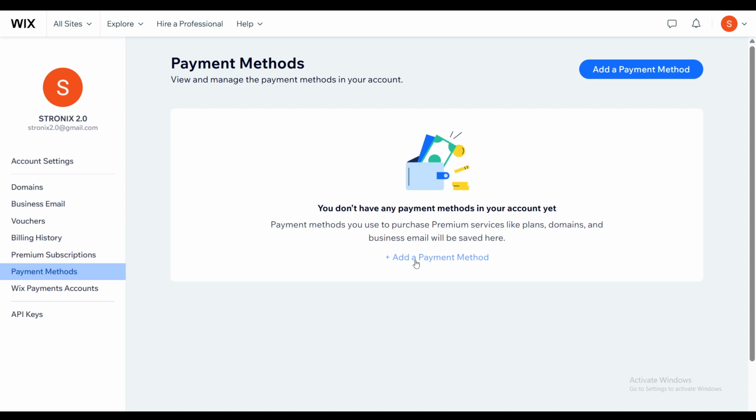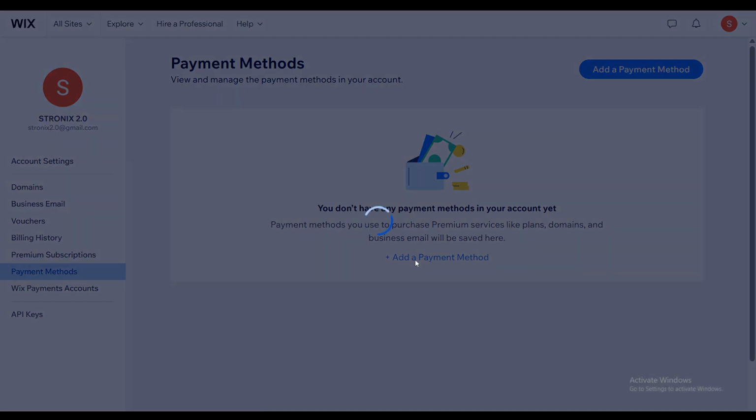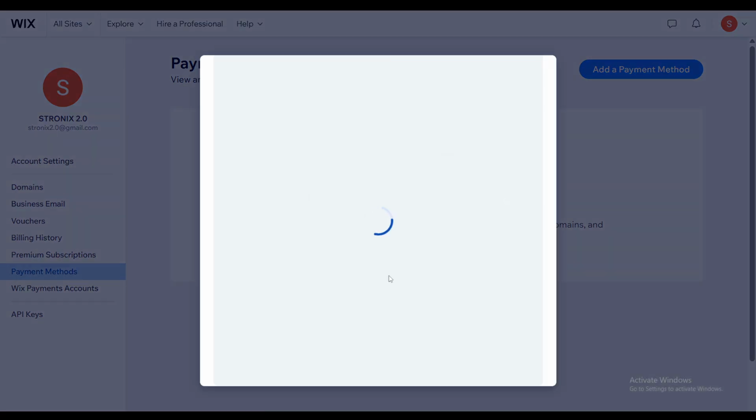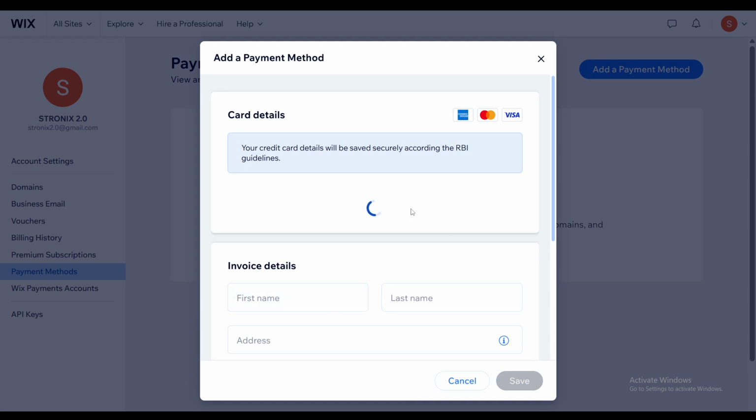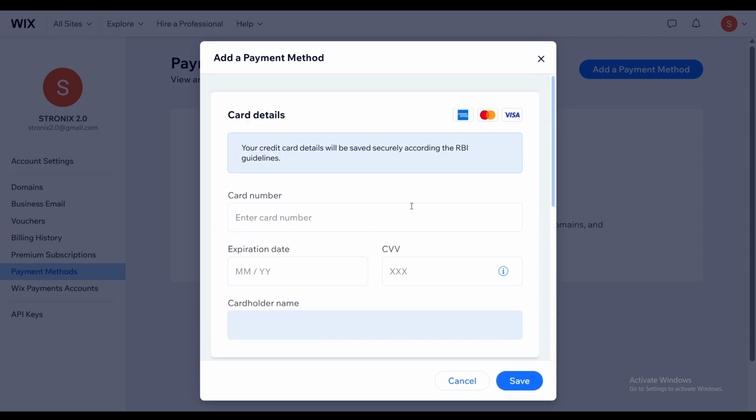From this screen, you can choose from a variety of options, depending on what's available to you and what best fits your business needs. Wix offers different payment methods, and selecting the right one will ensure that your customers have a smooth checkout experience. And just like that, you're well on your way to completing the setup of your Wix